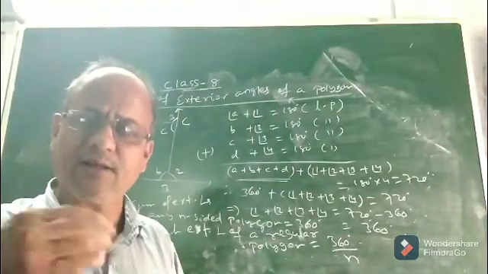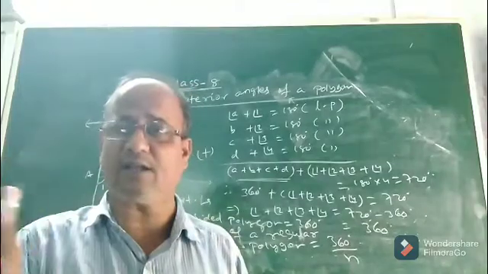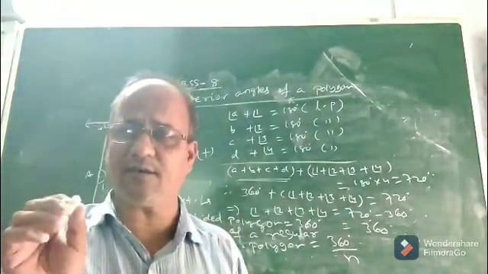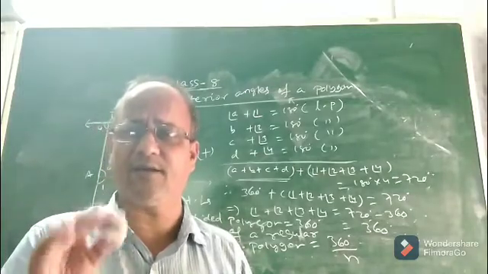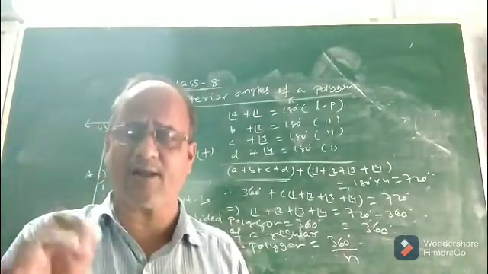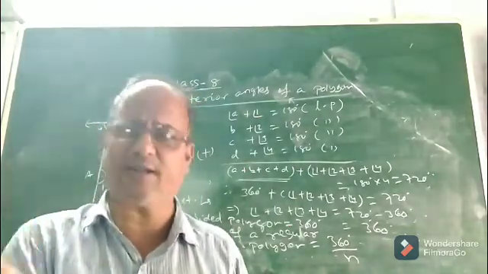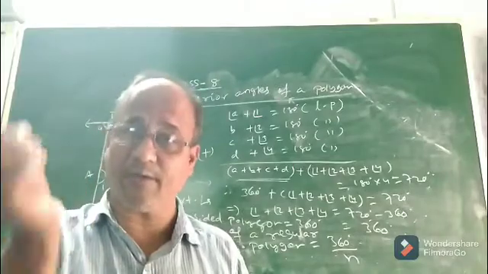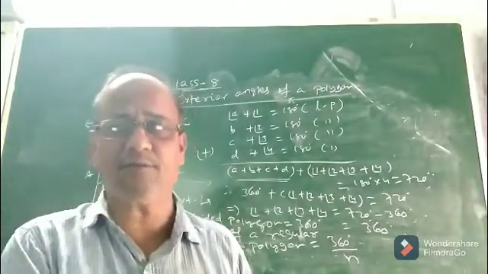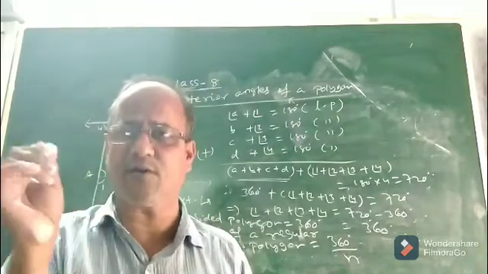Then in the next class, we will discuss the chapter Understanding Quadrilaterals. Here we will discuss different specific types of quadrilaterals, namely rectangle, square, parallelogram, trapezium, etc. These are specific quadrilaterals. A general quadrilateral has no particular name, but when it has a special name, it becomes a specific quadrilateral. So in the next class we will discuss different quadrilaterals.